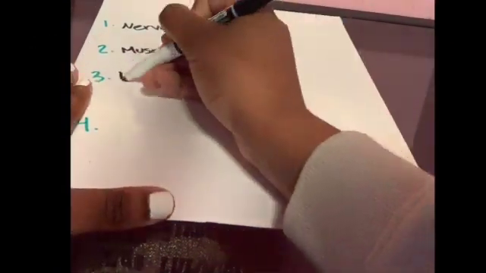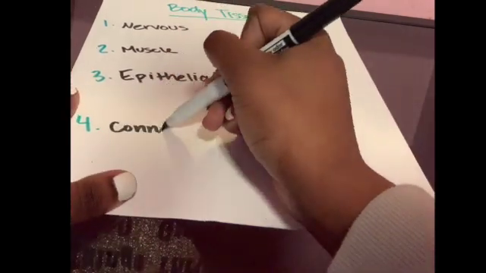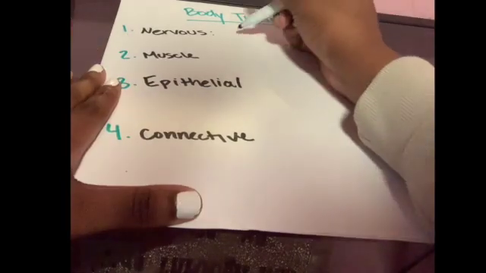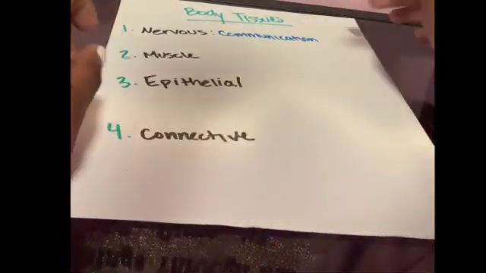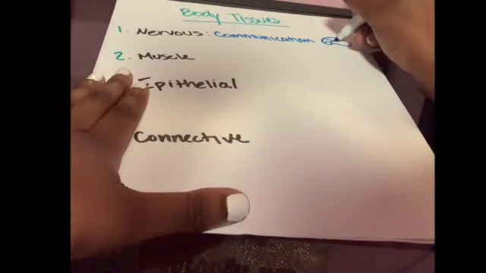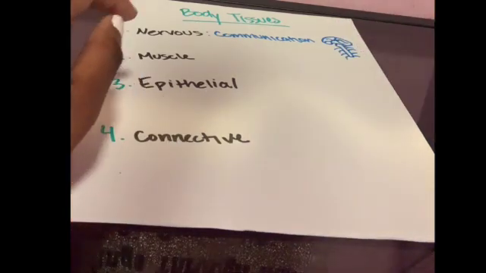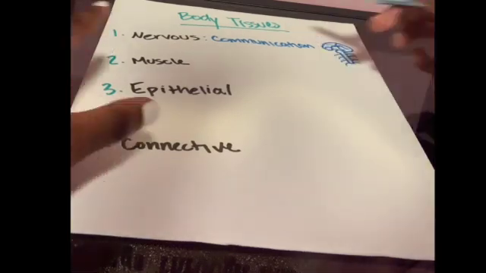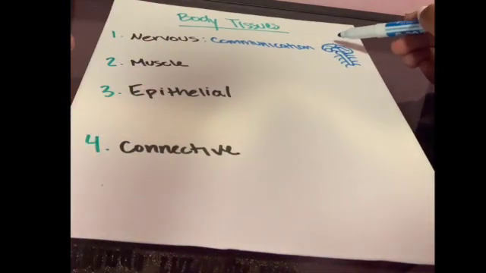Something I would do to just get me to memorize the 4 body tissues is just writing it out on a blank piece of paper. So first I would write body tissues at the top, and then I would number my page 1 through 4. I would write all 4 types of body tissues, so nervous, muscle, epithelial, and connective. And then beside it, I would just write the function of these tissues and just a little picture to go